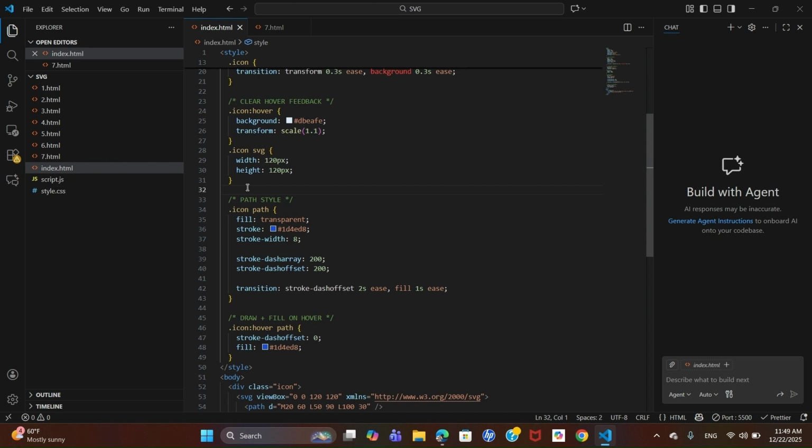Step 6. This is the most important part. We style the SVG path. First, we remove the fill. Set a blue stroke color. Increase the stroke width. Then we use two powerful properties: